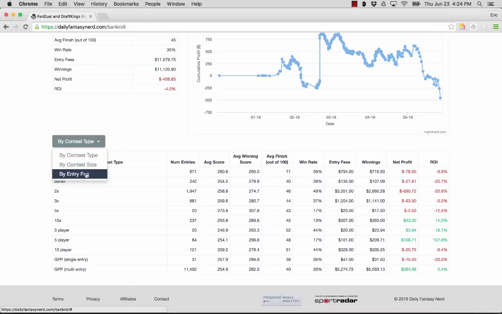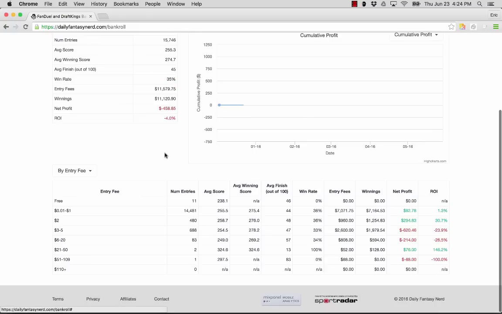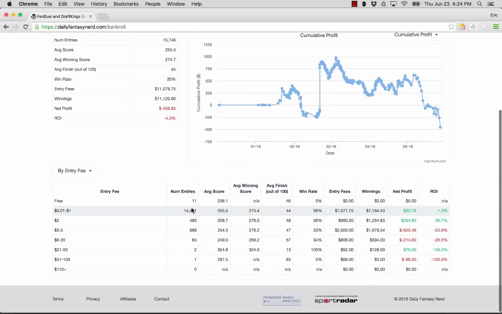All right, if we sort by entry fee, we'll find very similar results here to the first player. This player's already figured out that $1 and lower stakes is the place to be. He's basically break even there, and slightly positive with a much smaller sample size at the $2 level. I mean, this 31% ROI looks really good, so